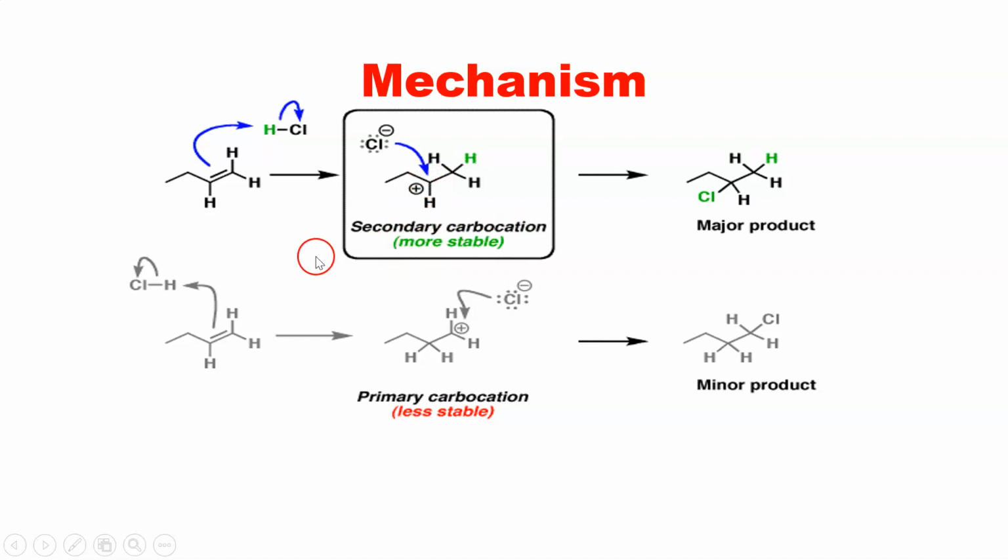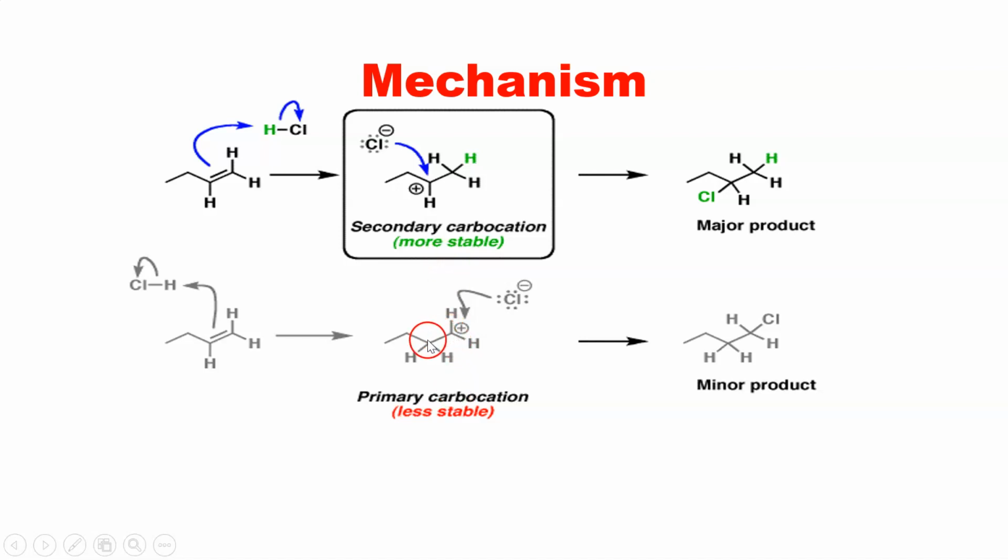There is one more instance, so let us understand that. See, HCl will break, as we have seen over here. The pi bond will break and carry an electron towards a hydrogen, and after that it will form an electron deficient center, right? This electron deficient center is a primary carbocation, which is less stable, but secondary carbocations are more stable. Why is this primary?